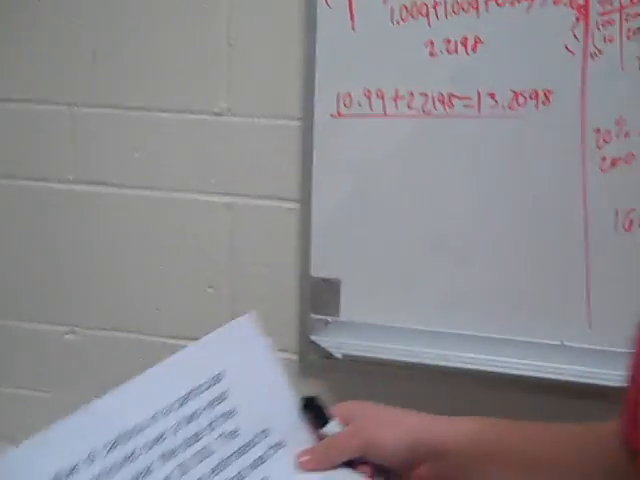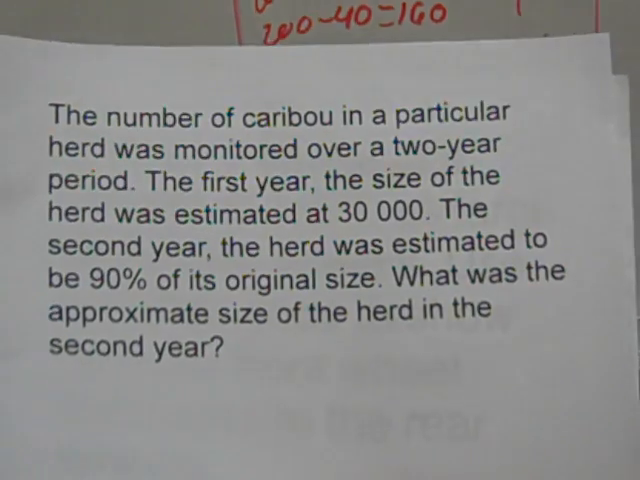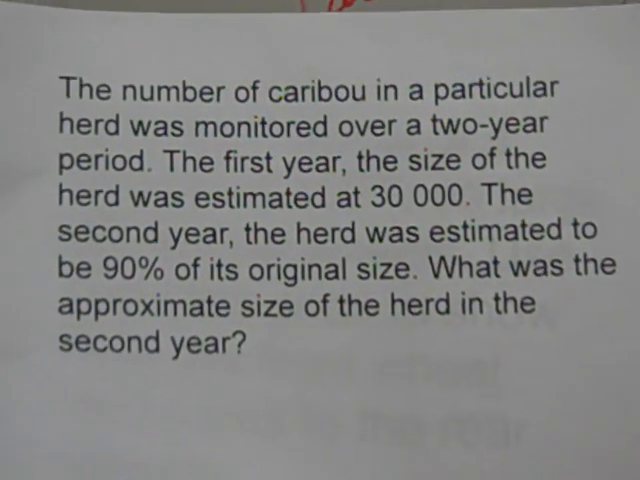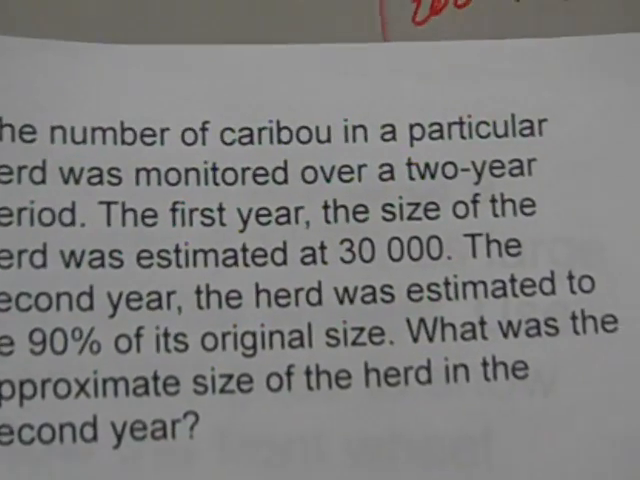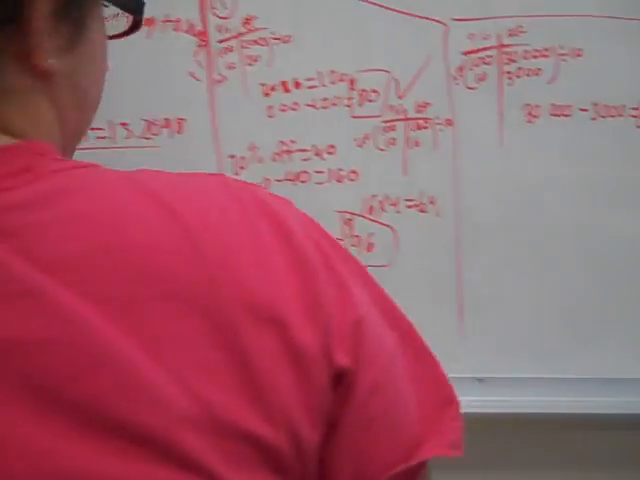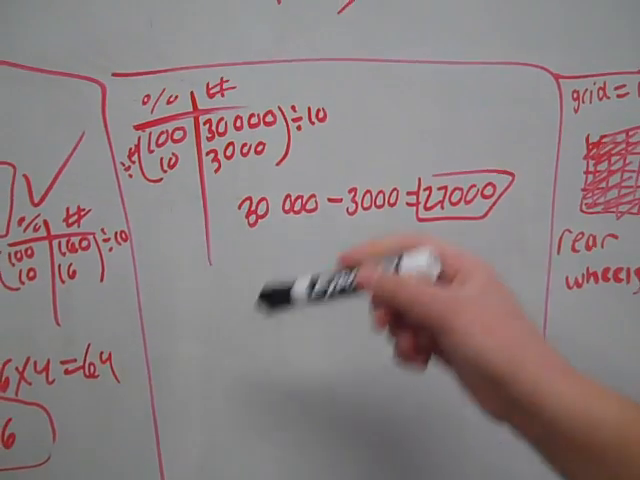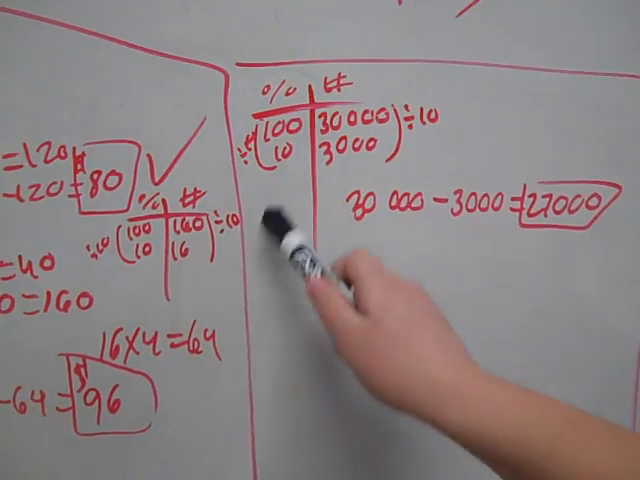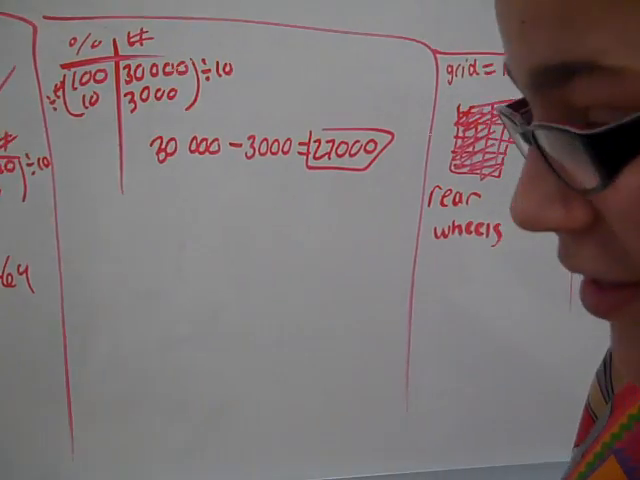Third question is, the number of caribou in a particular herd was monitored over a 2-year period. The first year, the size of the herd was estimated at 30,000. The second year, the herd was estimated to be 90% of its original size. What is the approximate size of the herd in the second year? Well, the number of caribou in the herd is 30,000. So 30,000 is the 100%. We want to find what it went,